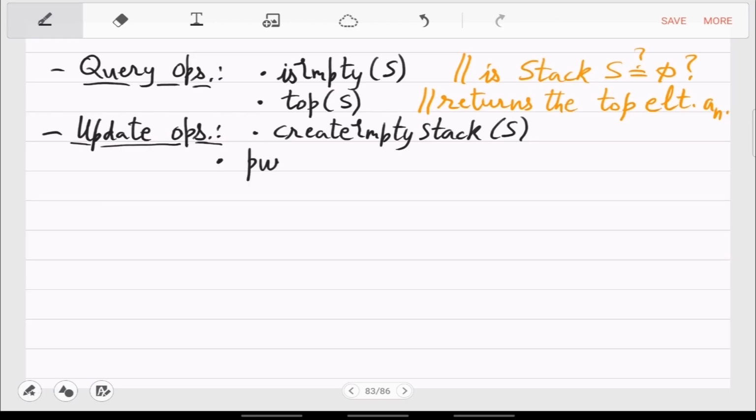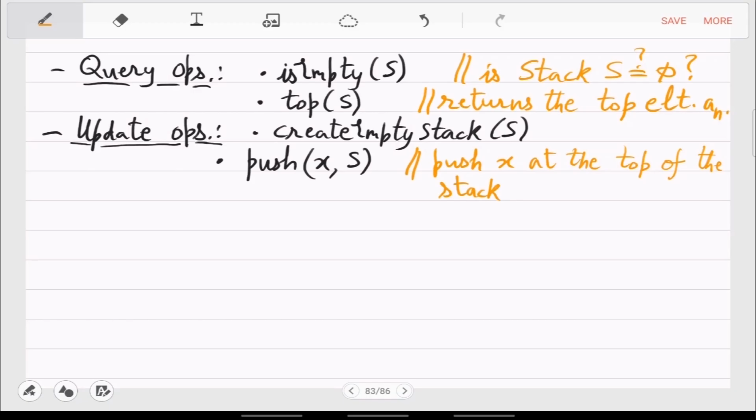Second, more important, is push. Push will push the element x into the existing stack at the top, and then change the top pointer.